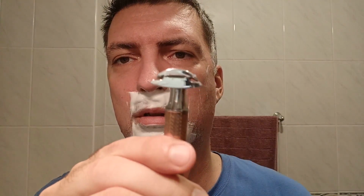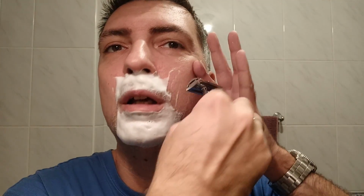I will show you. So very little blade gap, almost none of the blade exposure. So when you shave, you really need to pay attention to keep the angle straight, because go a little bit too much steep or shallow, it won't cut anything. But once you develop the muscle memory for this pretty tight working window, you will be delighted by the efficiency, the mildness of this razor,